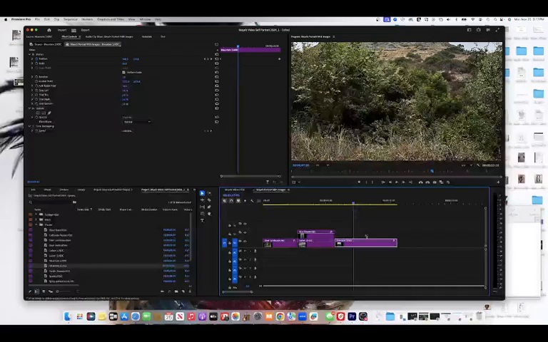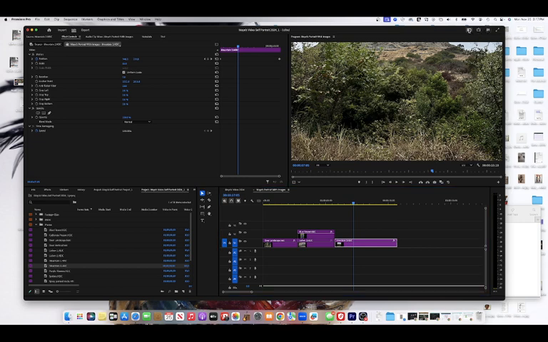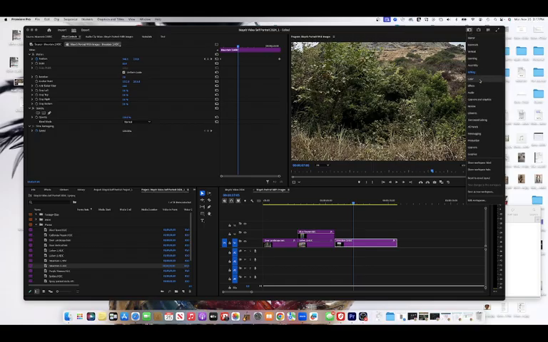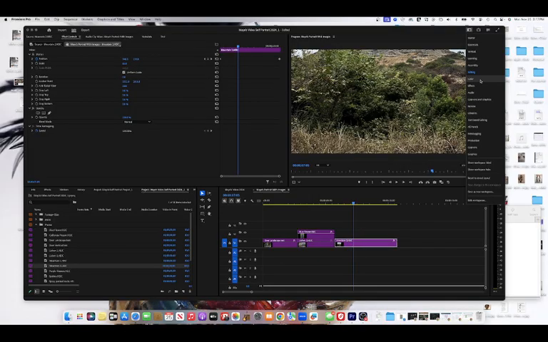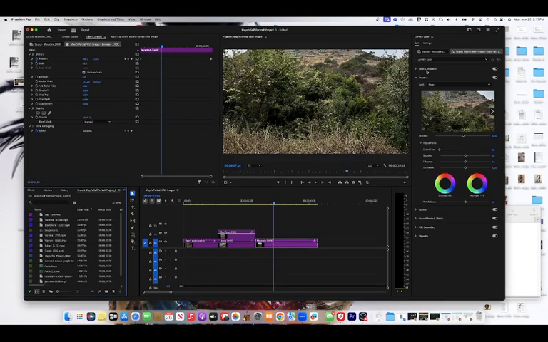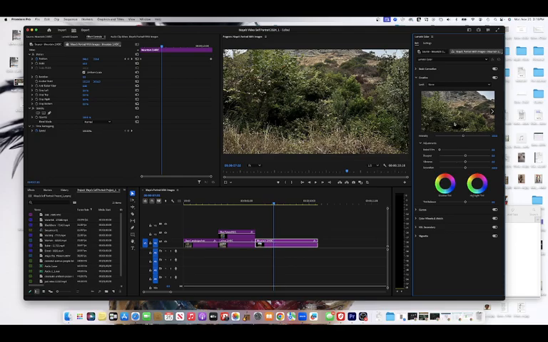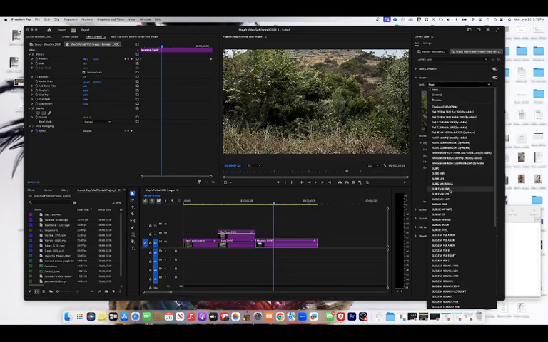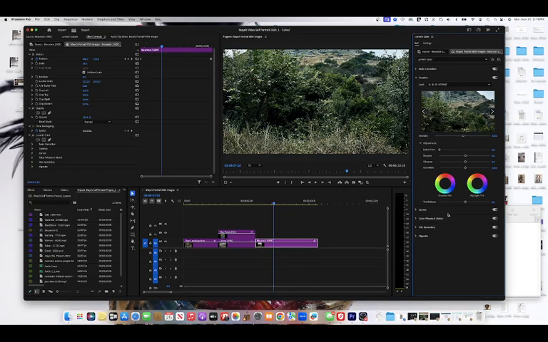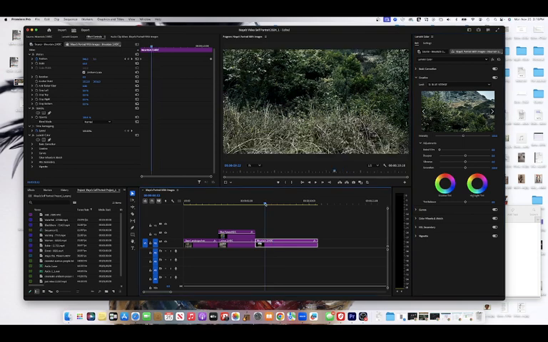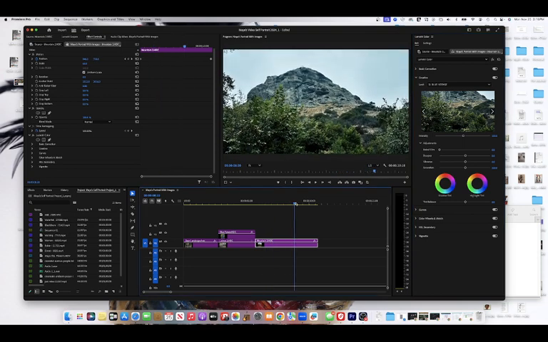Similarly to the video clips, you can then go in and play around with colors and filters. So as I said, the easiest way for me personally is to just change workspaces and go to the color workspace because it pulls up all of the menus for you right away. And so similarly, you have your basic correction where you can do things on your own, and then they have the creative, so you can go in and choose some kind of more interesting filter on there to change up the colors. And then you can add in your music, your audio,